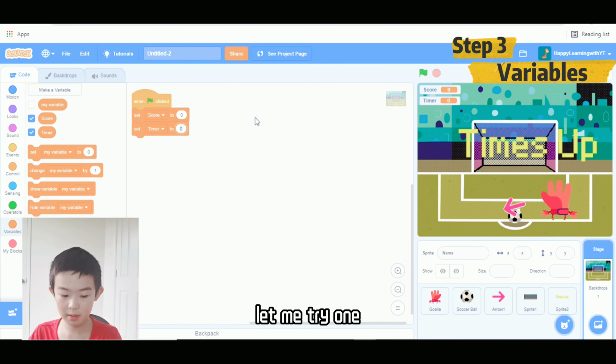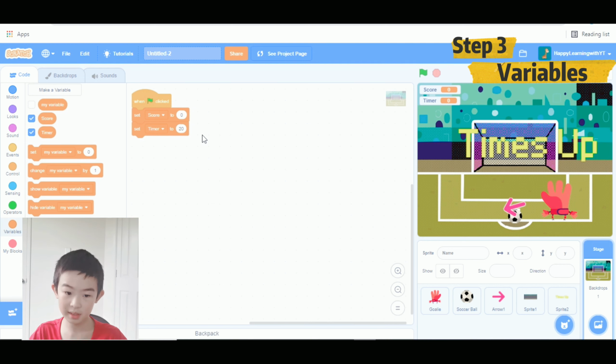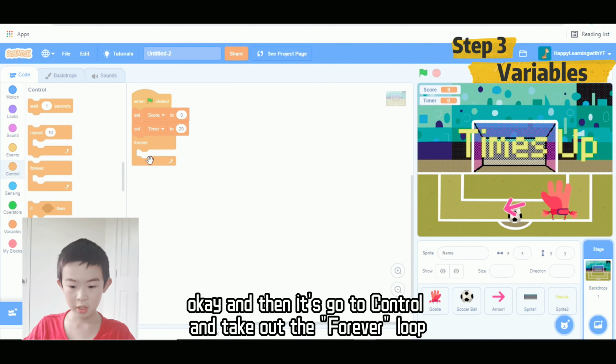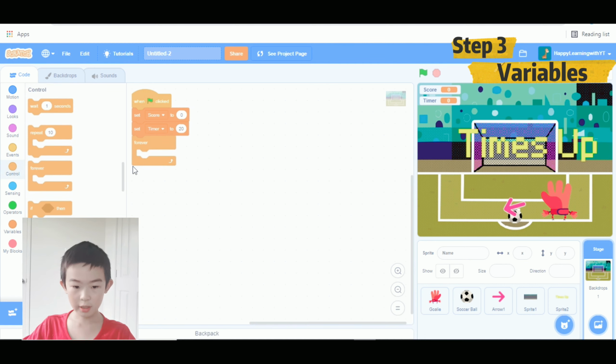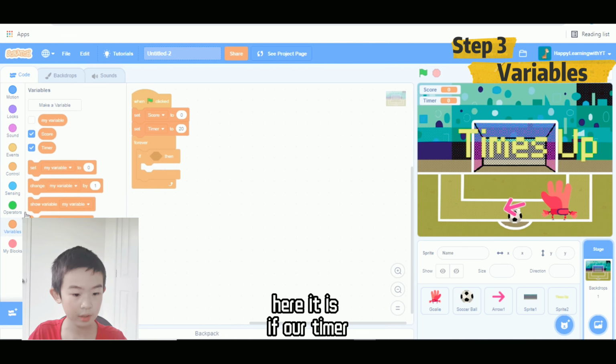I'll do 20 seconds for a test. Okay, and then let's go to control and take out the forever loop. Okay, we want to say it's forever. Say that if, where's if? Here it is. If our timer